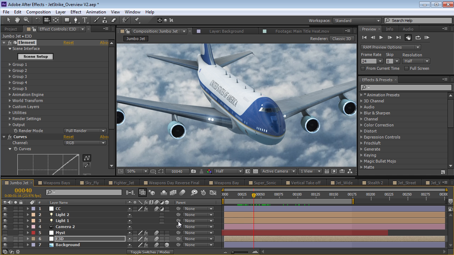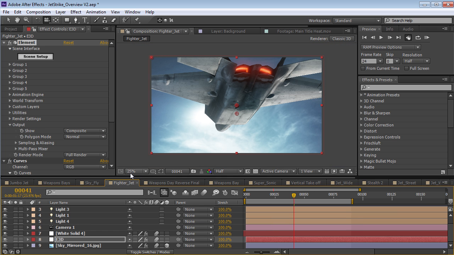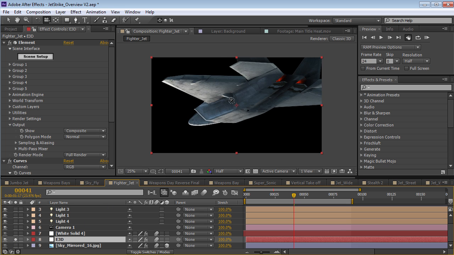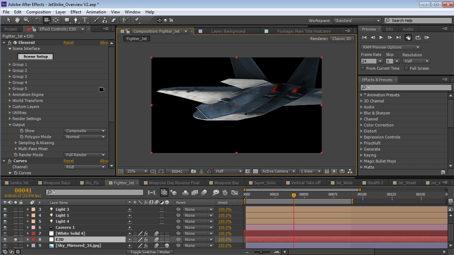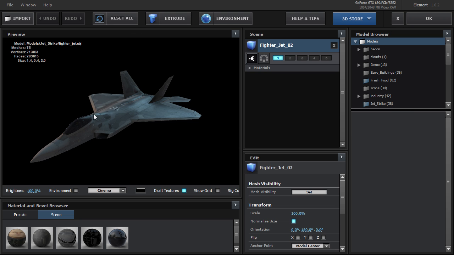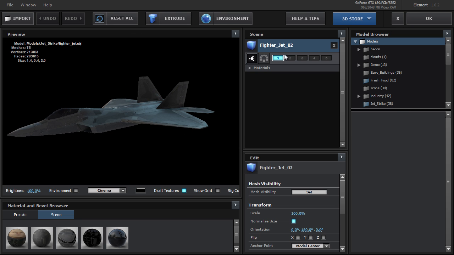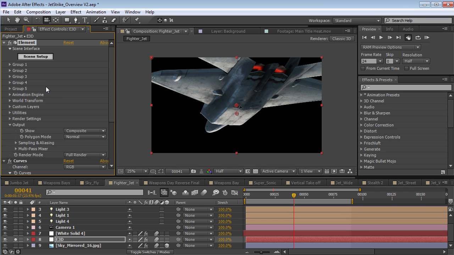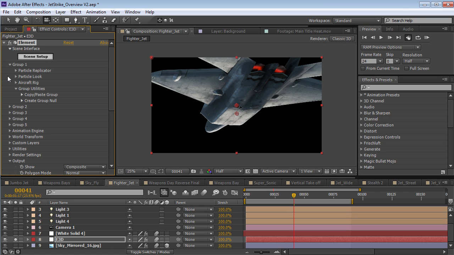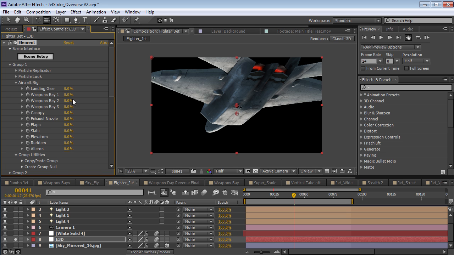Now, JetStrike isn't like an ordinary model pack. It actually has some very advanced features that allow you to do things that you're probably not going to believe are done in After Effects. So if I take my Element 3D layer here, I've got this jet model on Group 1. We could take a quick look at this. We've got our fighter jet, and it's on Group 1. What's going to happen is when you go into the group settings, you're going to have a new option called Aircraft Rig. And all of the different rigging capabilities of that aircraft are now available to animate right inside of